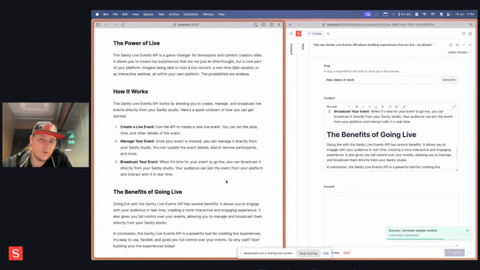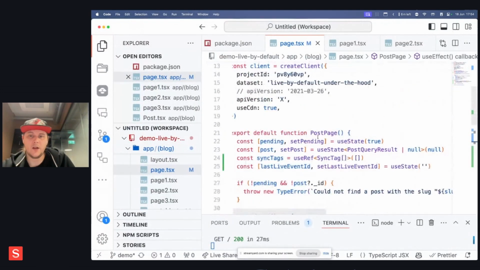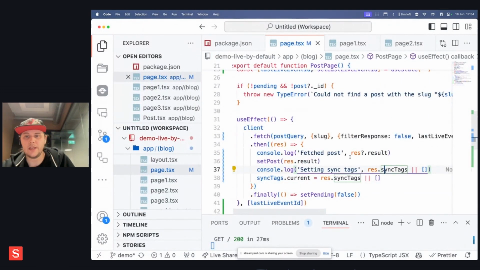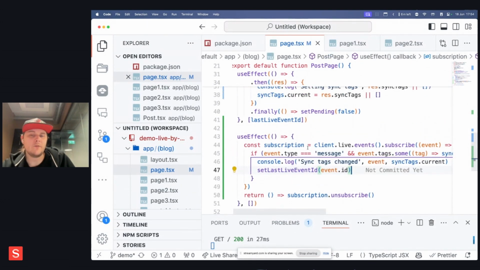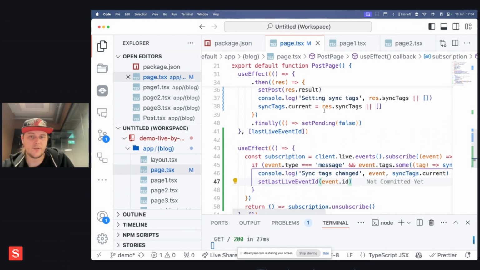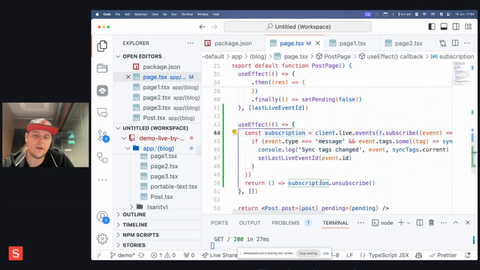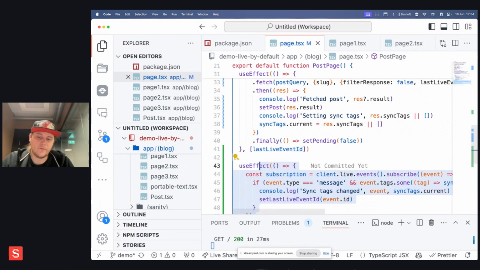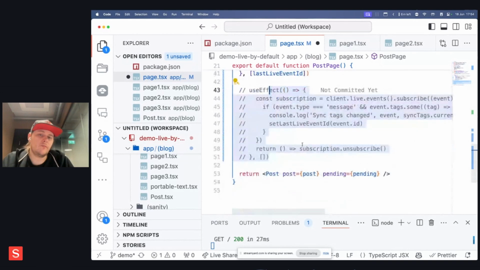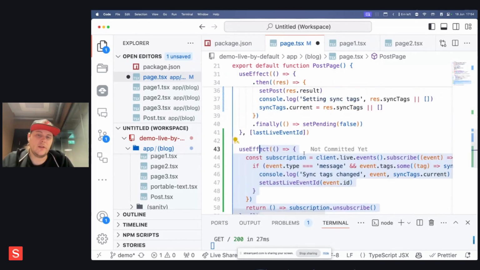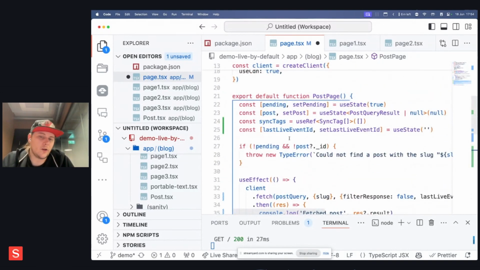It is brand new, and we are working with framework authors to make the passing of sync tags from data you're fetching, setting up this event listener, and then sending the last live event ID, we don't really want you to be dealing with them. So the goal with us working with framework authors is to make all of this just work. So in effect, the first code we had here, without this use effect, without passing of sync tags, that shouldn't be necessary. So the goal we're pursuing is that you just fetch data you need and you mark what you want to be live,